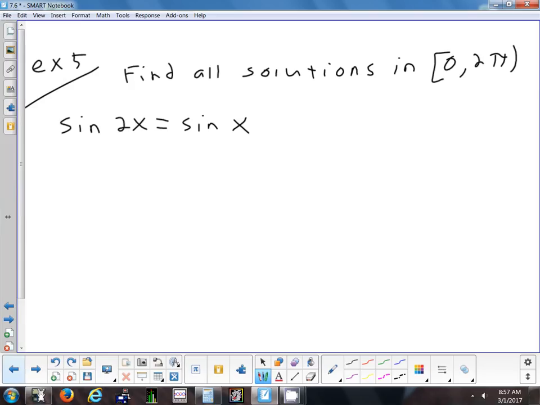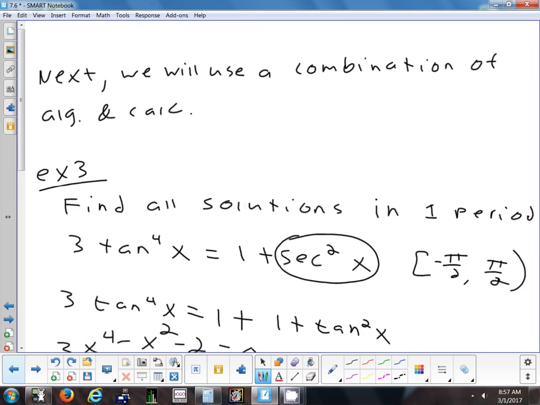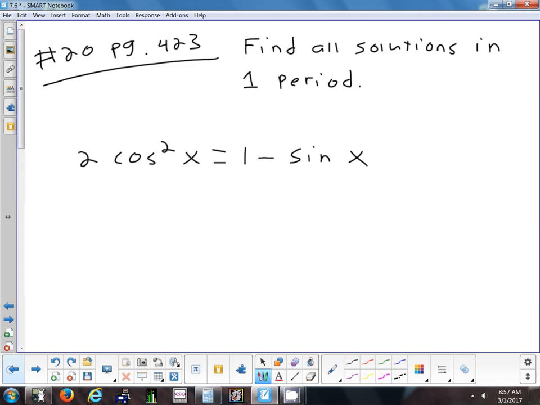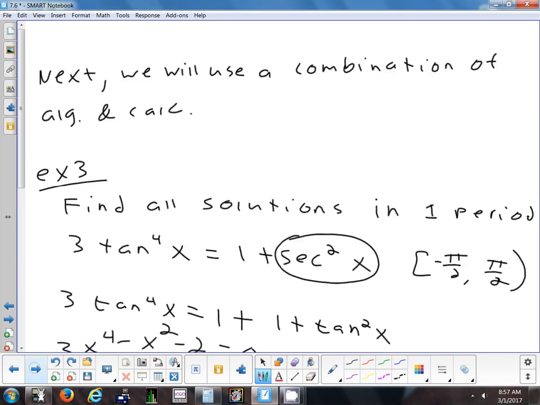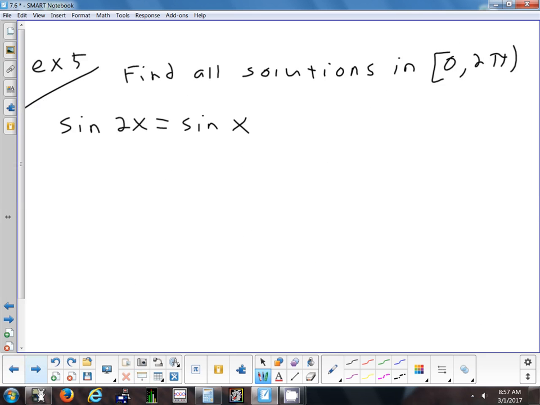What's really wrong with this one? We haven't seen this before, but we did look at it yesterday. Yeah, we haven't had any problems that had 2's in front of the x's. Every problem we solved, it was always a 1 in front of the x. Okay? So the first thing we have to do is get rid of that 2 in front of the x. And then hopefully when we do that, it's going to turn into something that we've done earlier today. Yep. 2 sine x cosine x